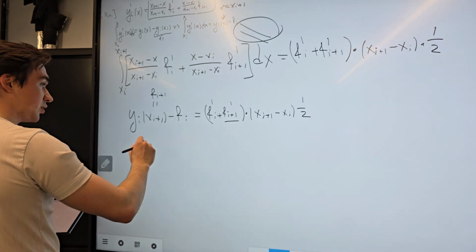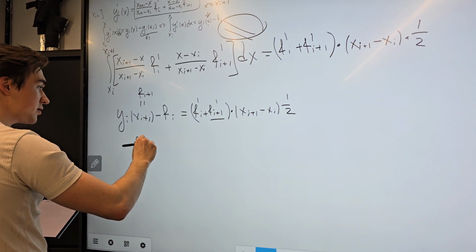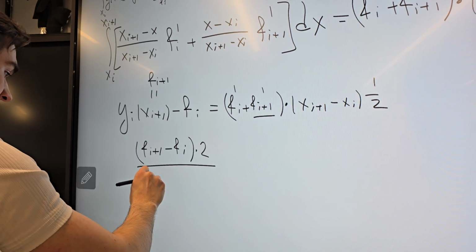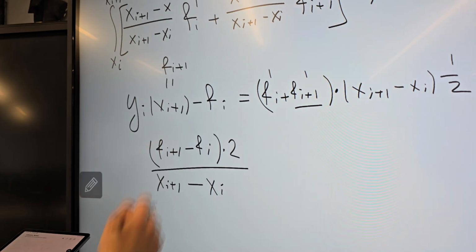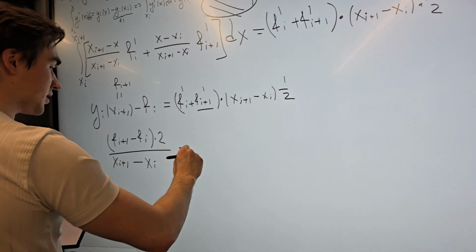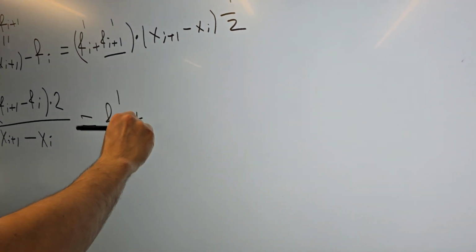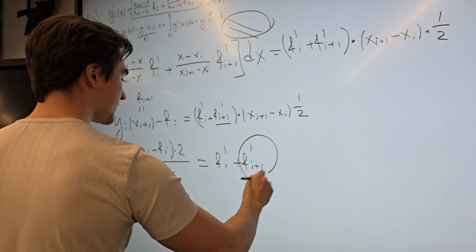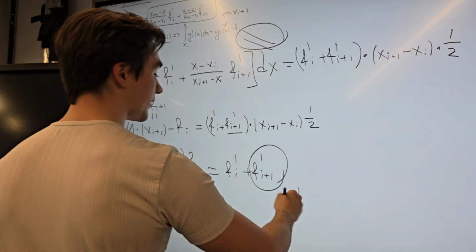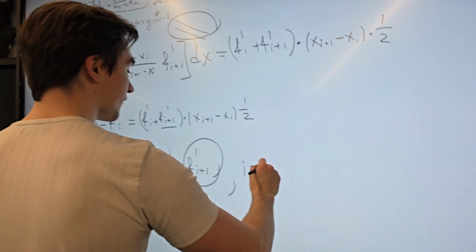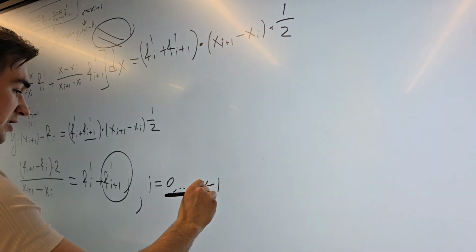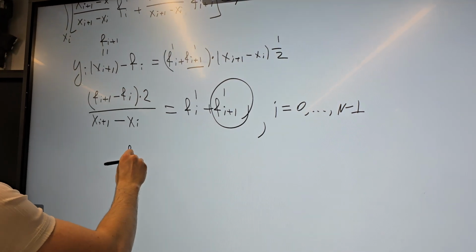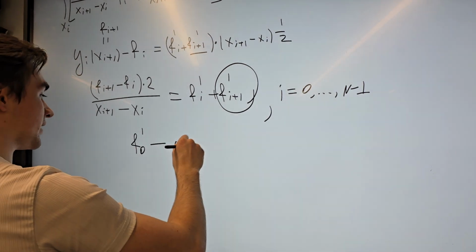And it will be equal just to f_i plus (1 minus f_i) times 2 divided by (x_{i+1} minus x_i). This is very symmetric. And it's equal to f_i prime plus f_{i+1} prime. And now we can find f_{i+1} prime, and this relation is true for every i from 0 to n minus 1. And to start this iteration, we need our f_0 prime, and it's usually